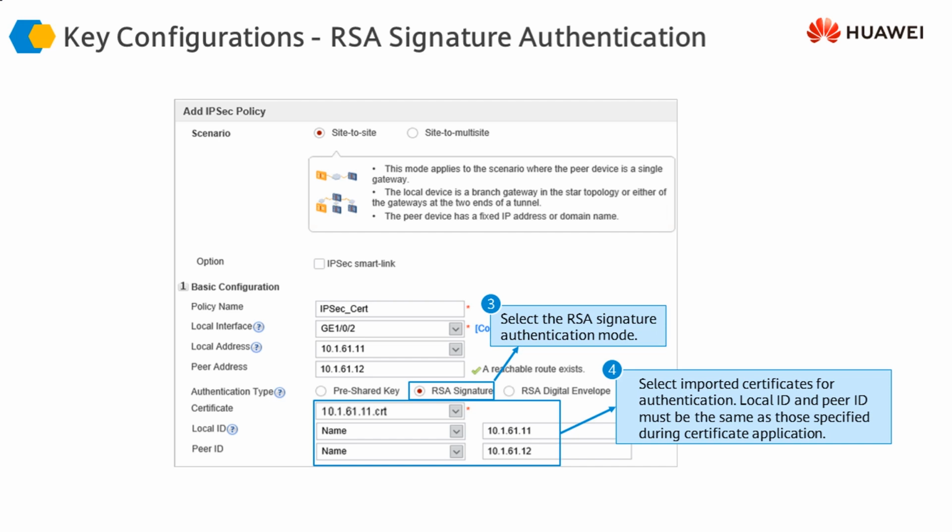So the important points to understand here were how to generate the keys, how to generate the certificates, how to import those certificates, how to upload those certificates to the firewall, and then how to select RSA signature, which uses CA for authentication. So this was all about implementing IPsec using certificate authority.